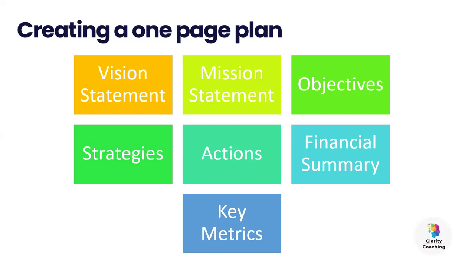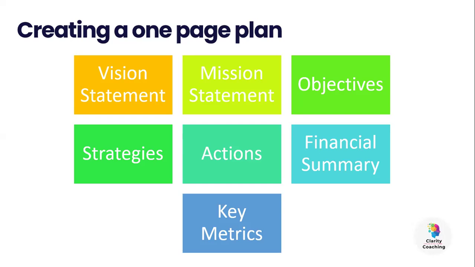The next thing that you would put on your one-page plan is your objectives. So objectives should be specific and they should be measurable. And they should be based on what the business aims to achieve in both the short term and the long term. So, for example, our short-term objective of our cleaning company could be to achieve £50,000 worth of sales in the first 6 months. Another one could be securing 100 repeat customers within the first year.